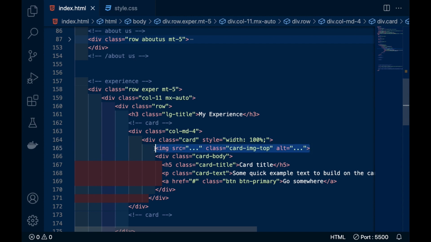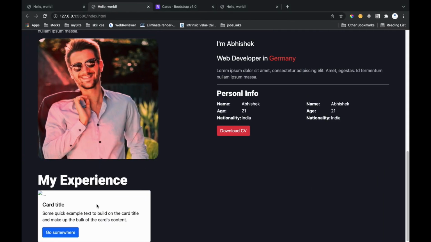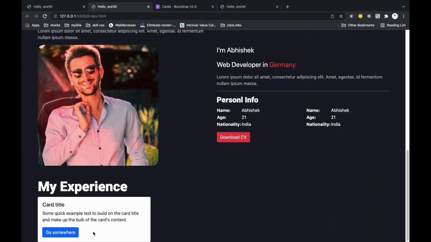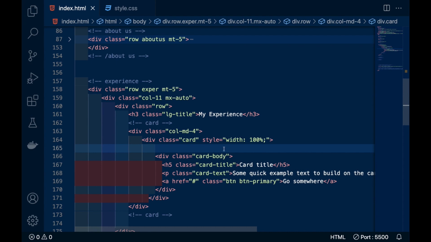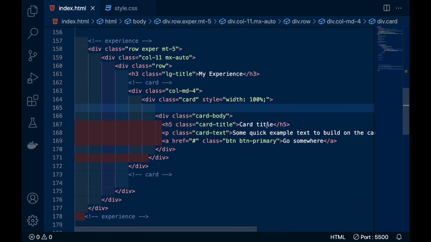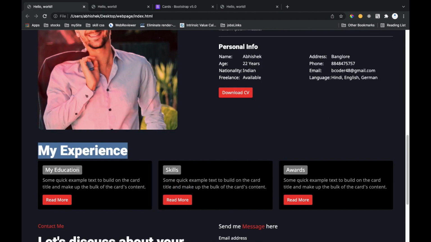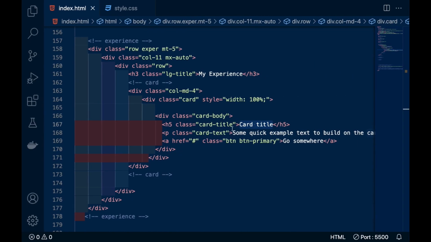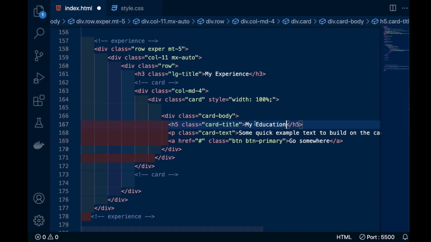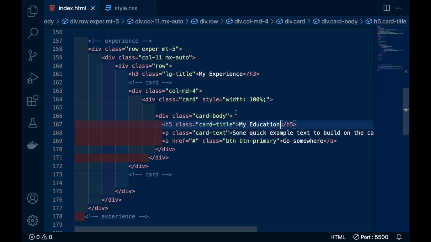Inside the card you are seeing an image, so remove this image because we are not having an image in our card. So the card title first would be my education, and save it.